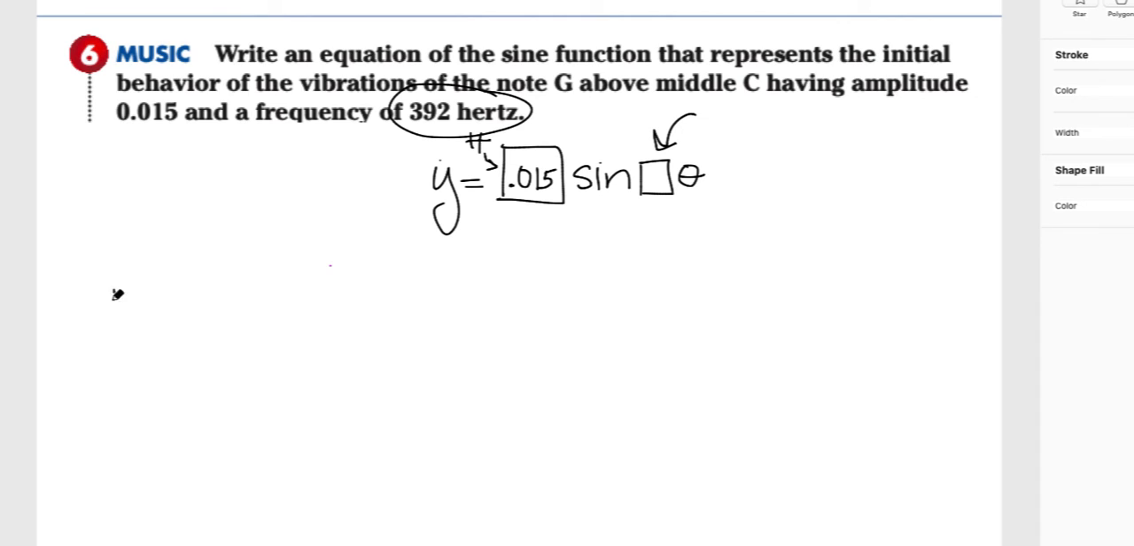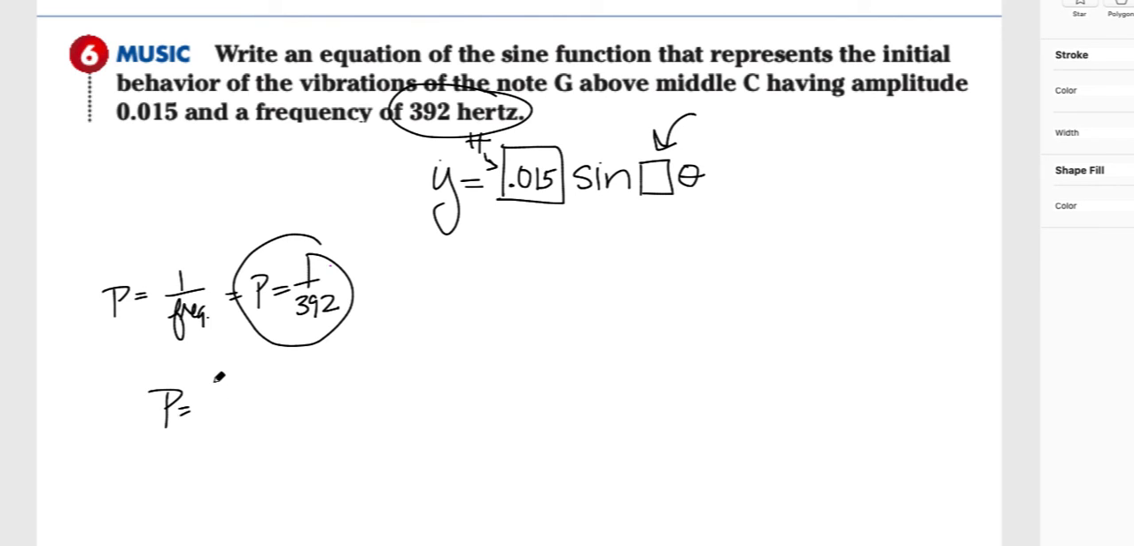Hopefully you do. The period is equal to 1 over the frequency. And so given that, we know that the period here is going to be equal to 1 over 392. So that's going to be the period. However, we need to find the k value. So now the period we know to be equal to 2 pi over the k value. But since we know the period, we can now calculate the k value. So with a little bit of work, 1 over 392, which is the period, is equal to 2 pi over